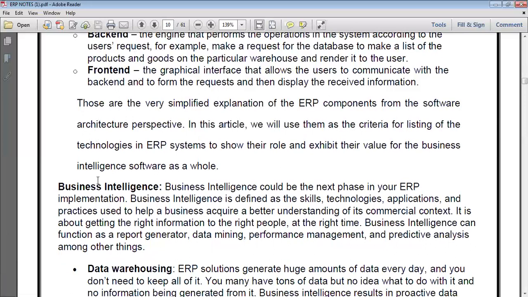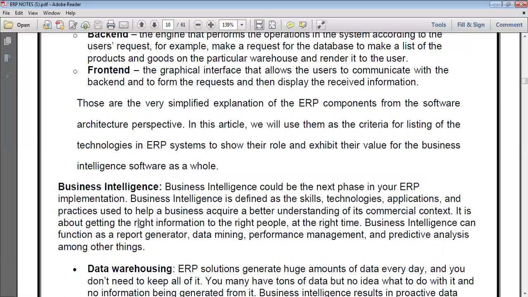Now the point is business intelligence. This is important. So what is business intelligence? Some people are using business intelligence in the market sector.